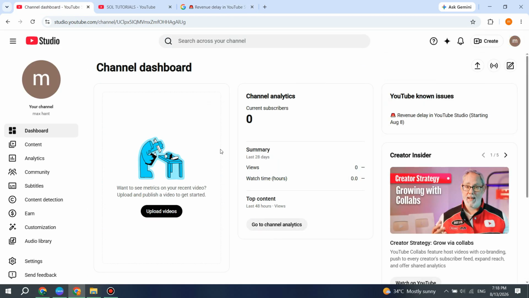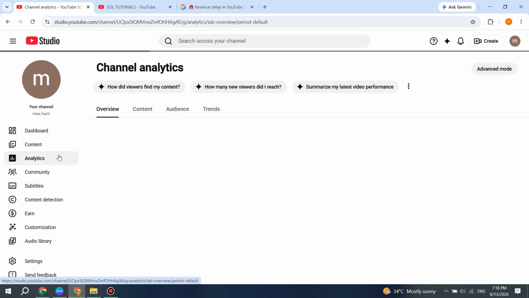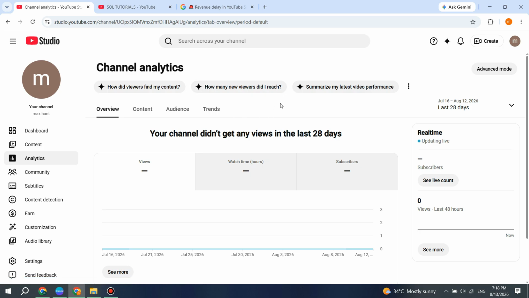First, open YouTube Studio and sign in to your YouTube account. Once you're inside YouTube Studio, go to the Analytics section from the left-hand menu, then open the Revenue tab and check your earnings. If your revenue is showing $0 or appears lower than expected, YouTube says this may simply be